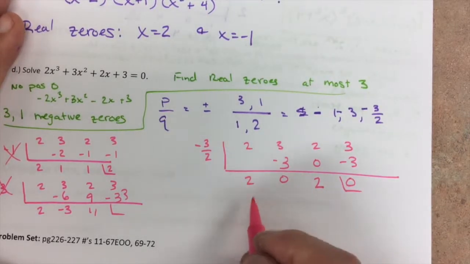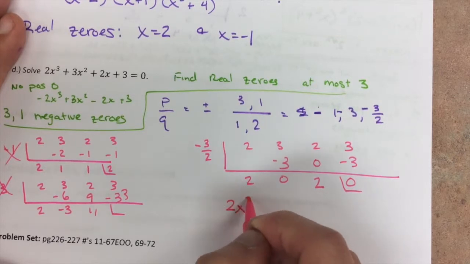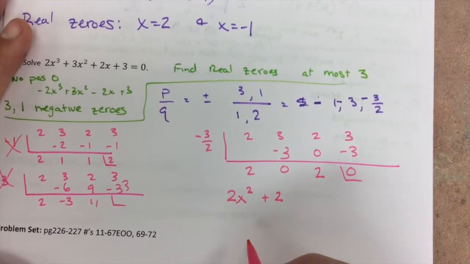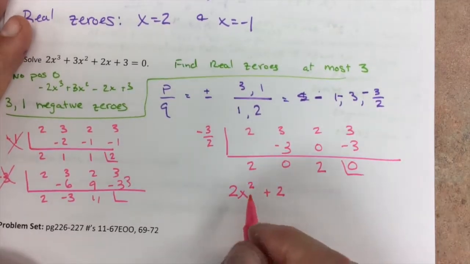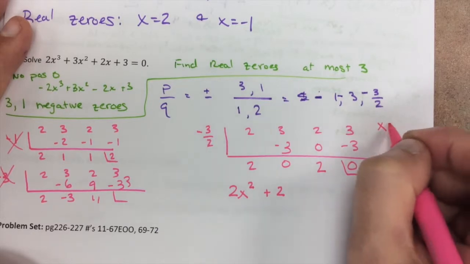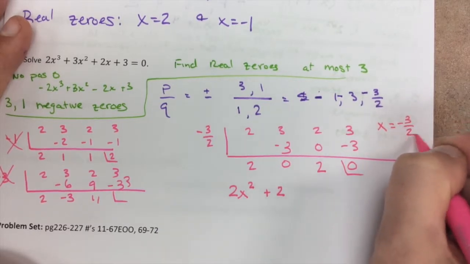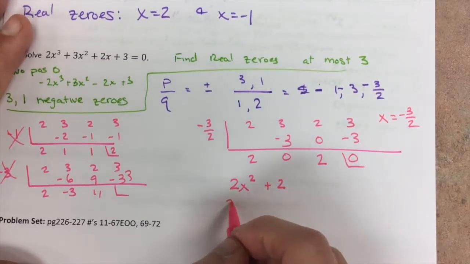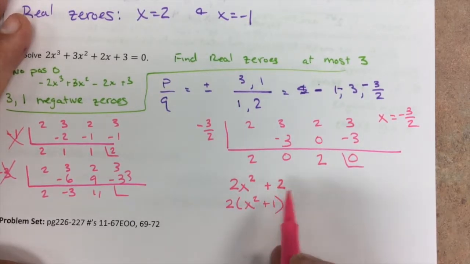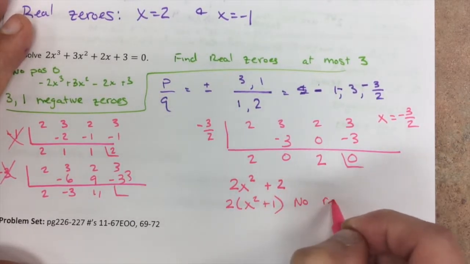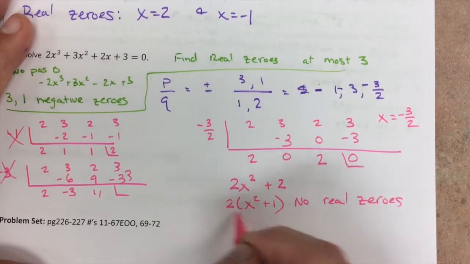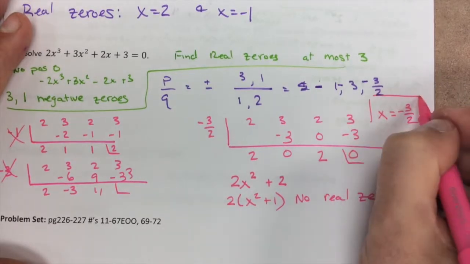So then our remainder is 2x squared plus 2. So then that means that x equals negative 3 halves is a 0. If I wanted to factor this, that would be x squared plus 1. Since there's a plus sign, no real zeros for this. So the only solution is